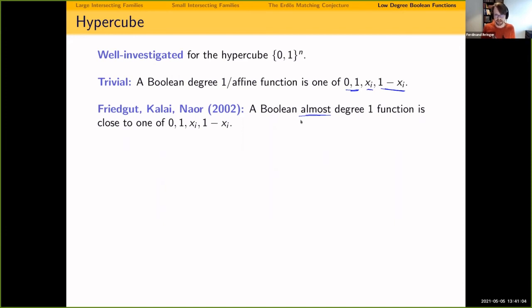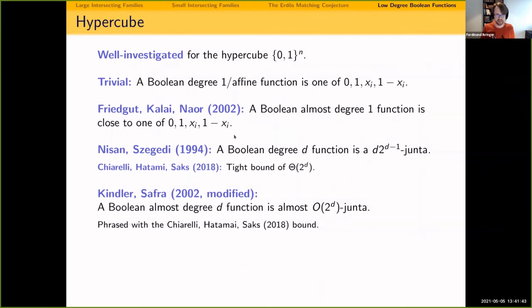And they did show that if you make your n here large enough, then any Boolean degree 1 function, so these are real polynomials, but they always have, if you put something into them, they always return 0 or 1, must be either constant or they only depend on exactly one input, and when it's almost degree 1, you can use these guys to approximate them in a good way.